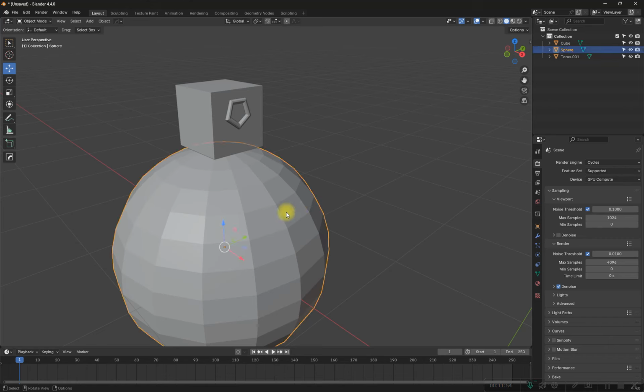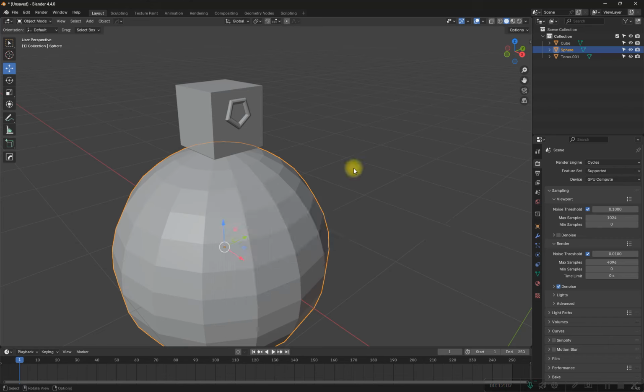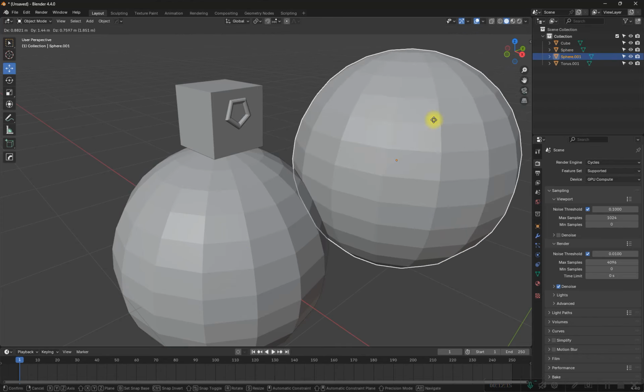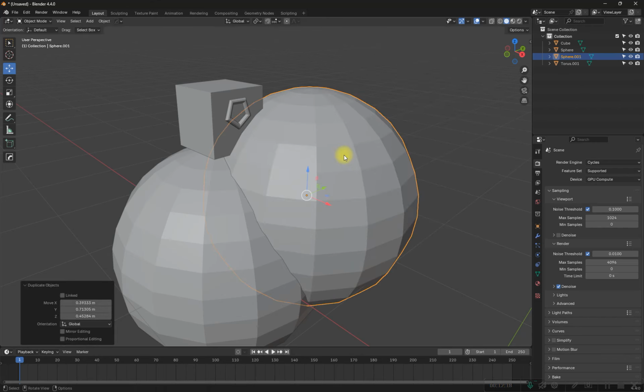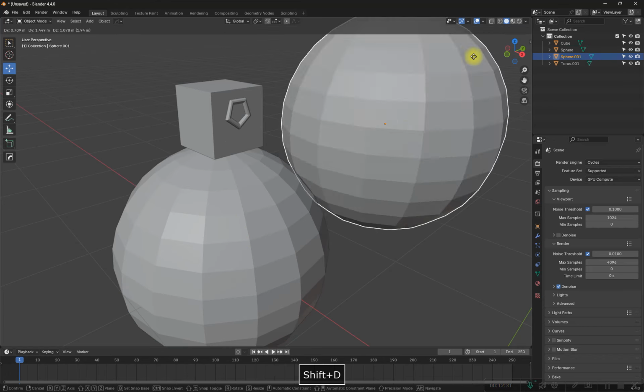Now let's assume I want to give it a spherical shape in the middle, like an eye. So instead of creating a new UV sphere, all I need is just to duplicate the existing one. So I'll press Shift D, which is the shortcut for duplicate. X is delete. So in case you make a mistake, you can press X to delete or Ctrl Z. Ctrl Z. So Shift D,